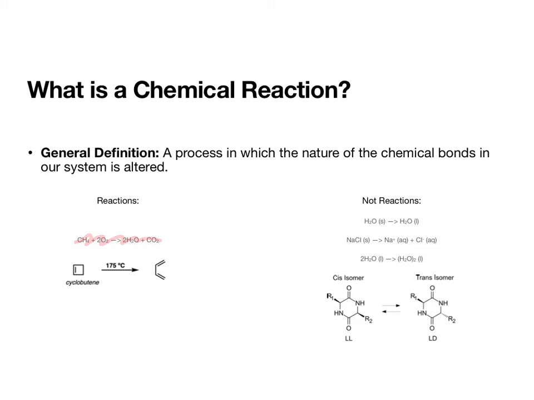We are going to break the bonds of methane and oxygen, and we're going to reform the bonds in water and CO2. Another example of a reaction is cyclobutane breaking apart into butadiene. We have broken bonds, we've changed the nature of those bonds, and so we call this a reaction. Now, not reactions,